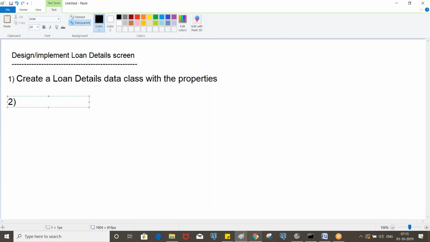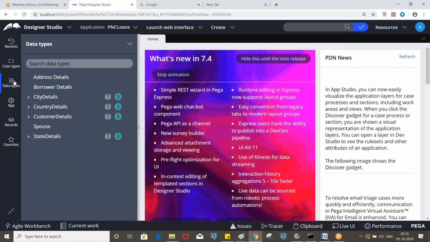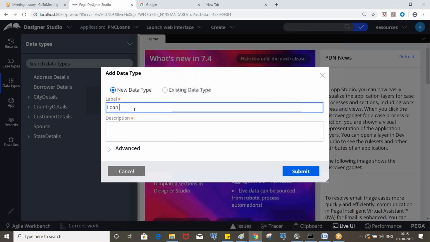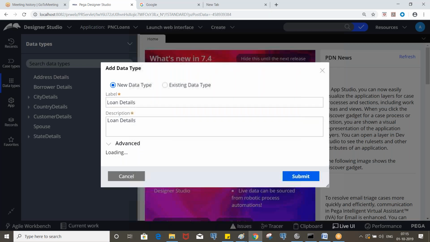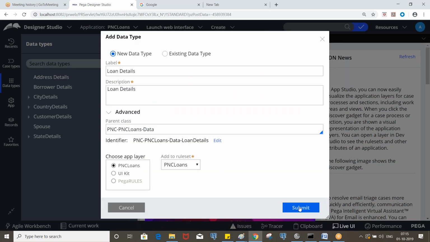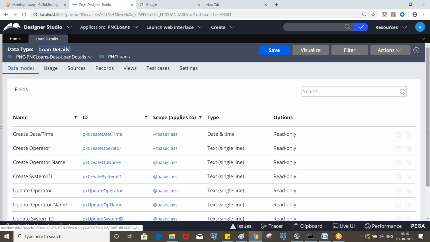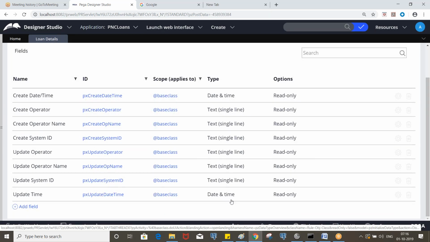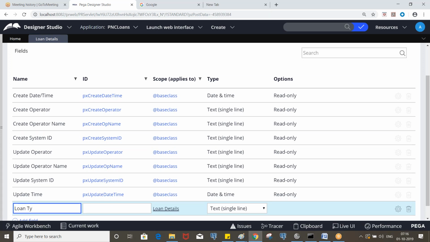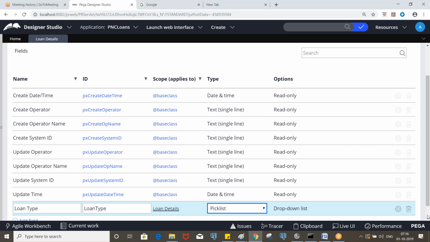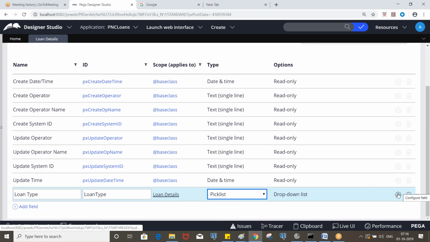Okay, so go to the data type, add a data type called loan details. So let's create the properties. Loan type, which will be a drop down property. Here we have an option called pick list, and we can enter the values. Loan type,